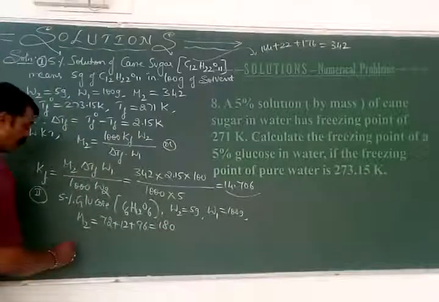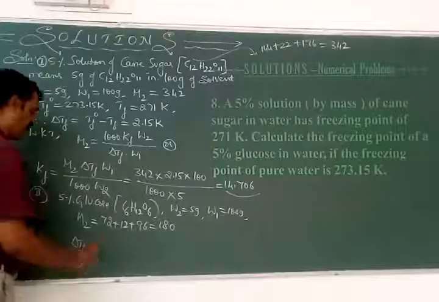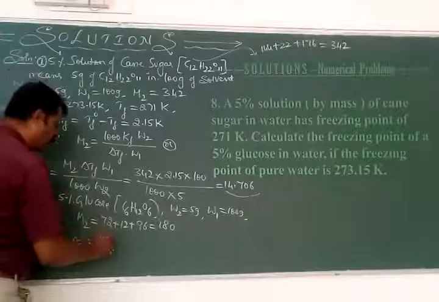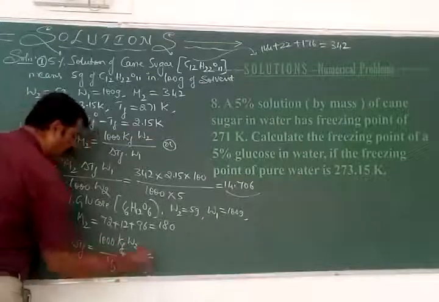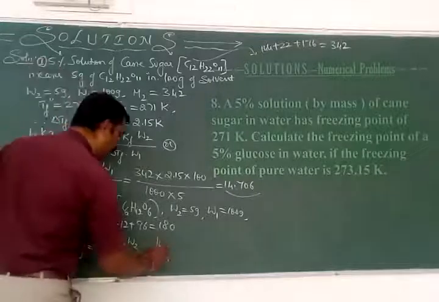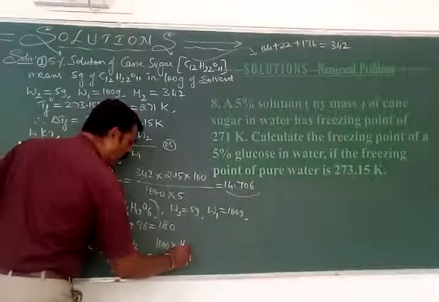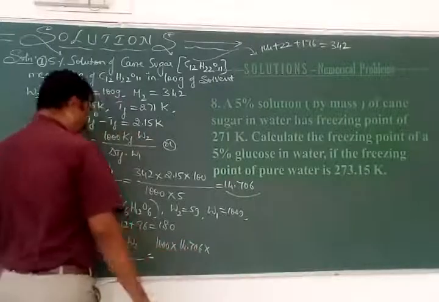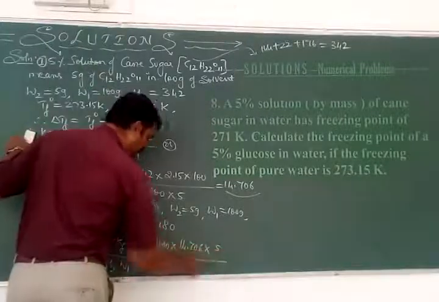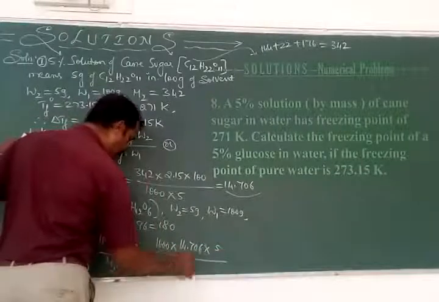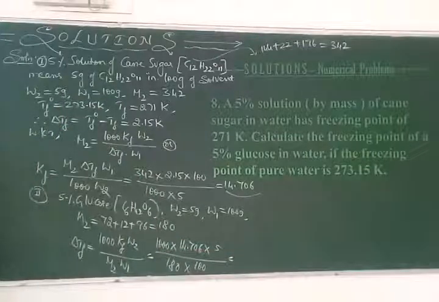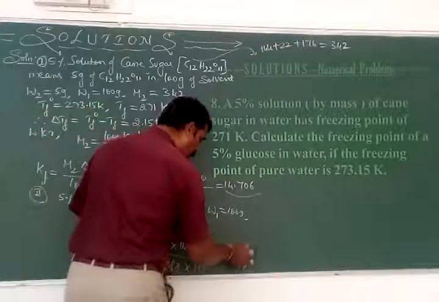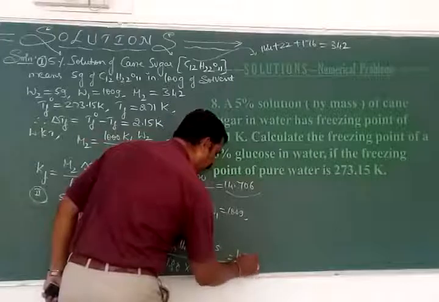So now, what is delta Tf in the second case? Delta Tf is equal to 1000 times Kf into W2 divided by M2 into W1. That is 1000 into Kf that we have calculated right now, 14.706, into W2, which in the second case is also 5 grams, divided by the molecular mass 180 for glucose, and W1 is 100 grams. If I simplify that, I will get the value of delta Tf as 4.085